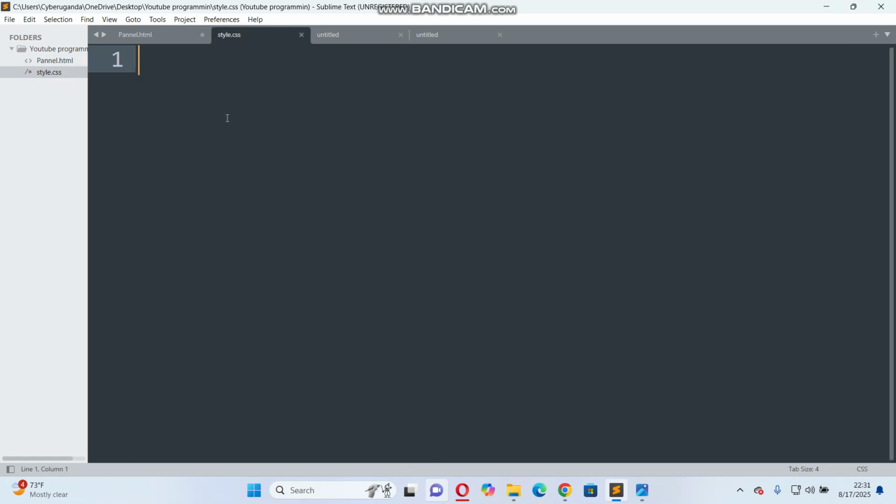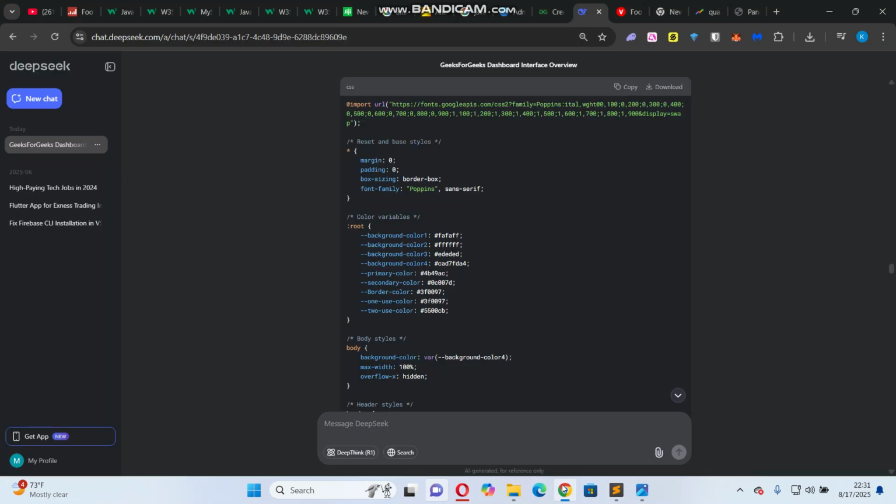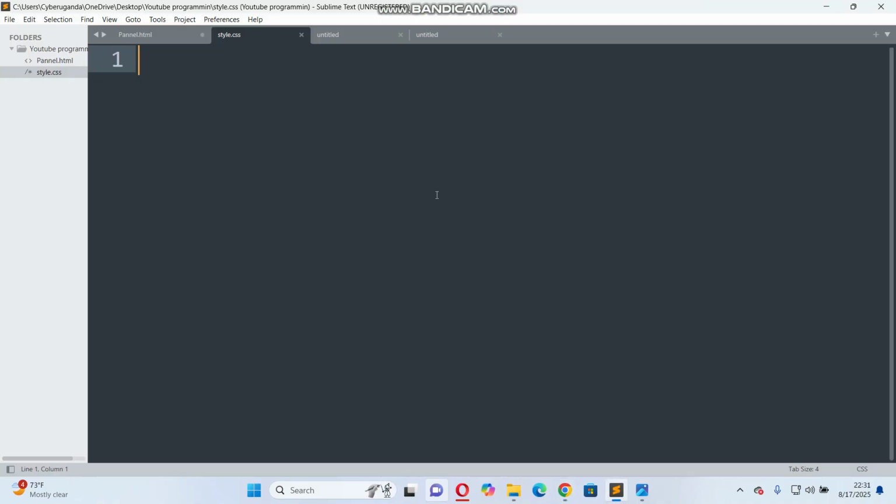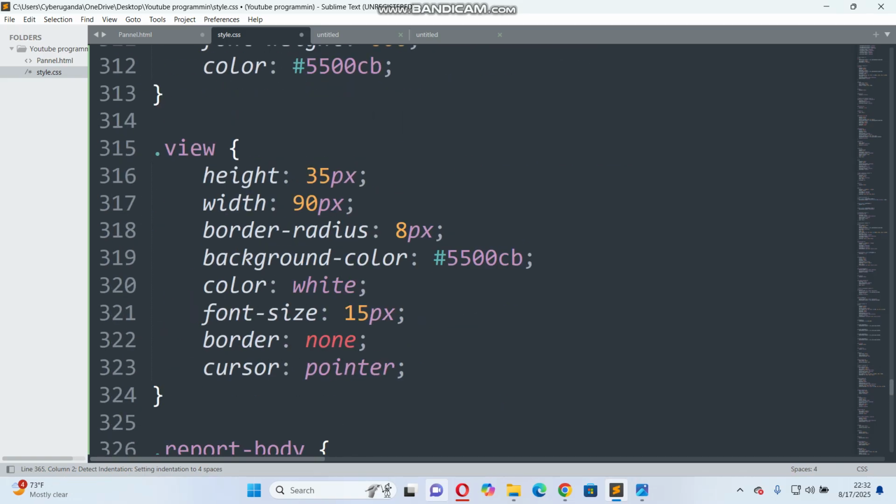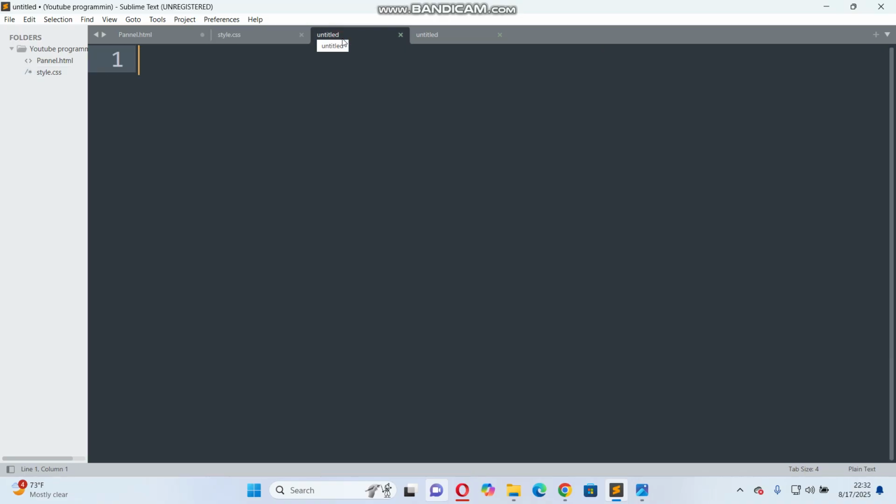I have nothing here. Now let me go here to my DeepSeek. I copy the style.css codes back to Sublime Text. Then I paste the codes as it is. What I need to do is to save like that. Then I go back. I want to create another file called